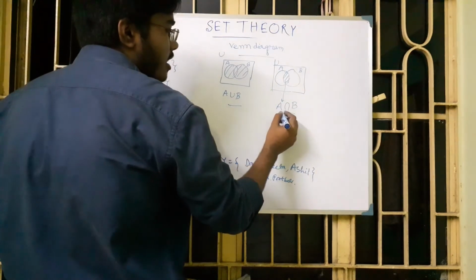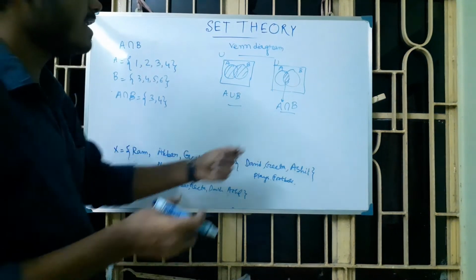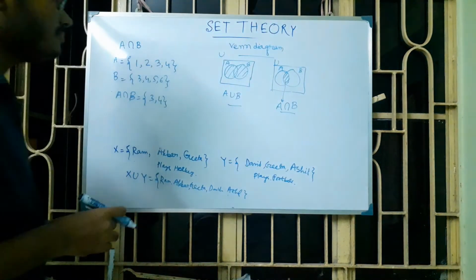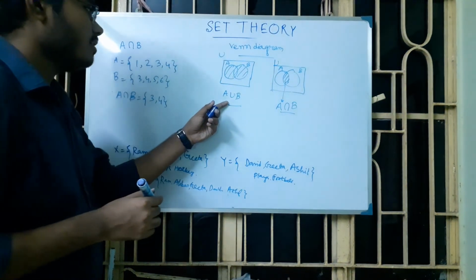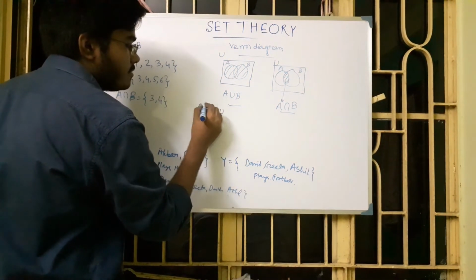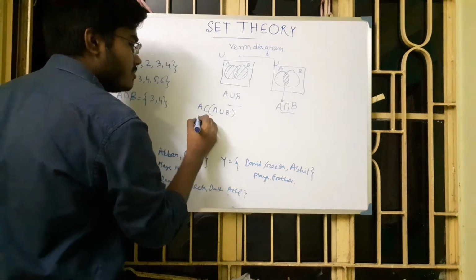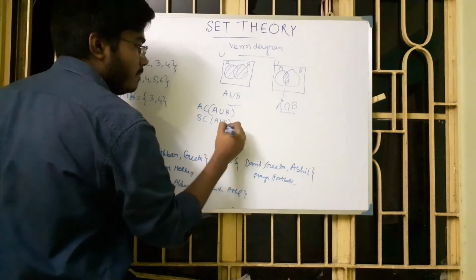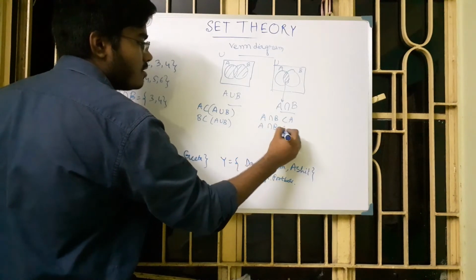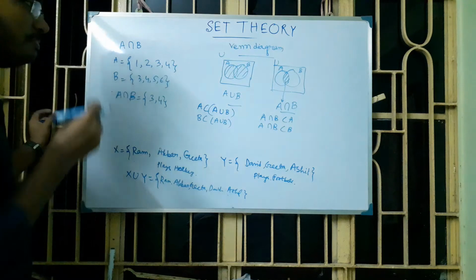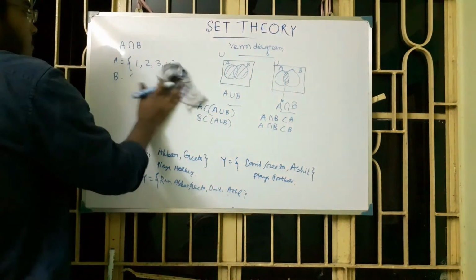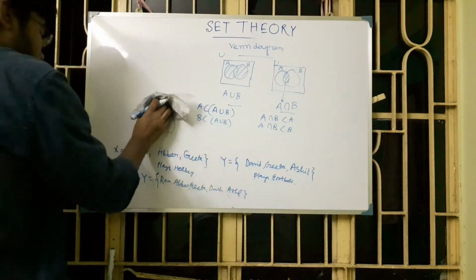And A intersection B, you can easily find that the A intersection B set is a subset of B and is a subset of A. Okay, A union B. For that, A is a subset of A union B. B is also a subset of A union B. But here A intersection B is a subset of A, and A intersection B is also a subset of B. Okay. Now we will solve or discuss some more things. Okay.